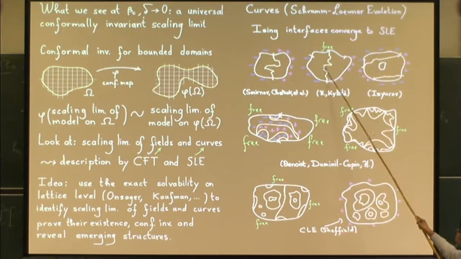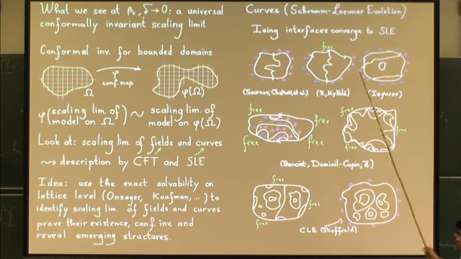What you get is a random curve that also converges to a variant of SLE called dipolar SLE, or SLE kappa minus 6, again for kappa equals 3. Then you can look at many configurations of boundary conditions that generate curves and prove that the resulting scaling limits are indeed conformal invariant and moreover can be described precisely by the Schramm-Loewner evolution. A recent result